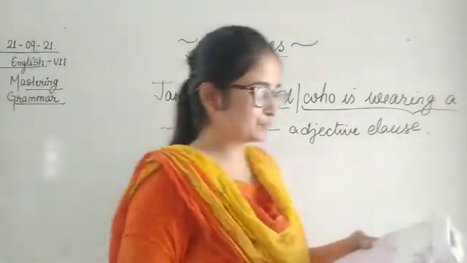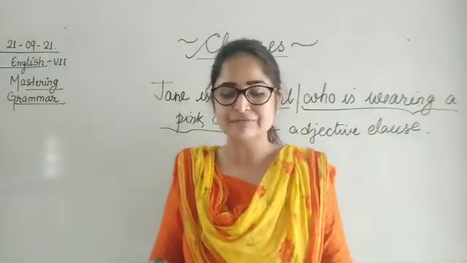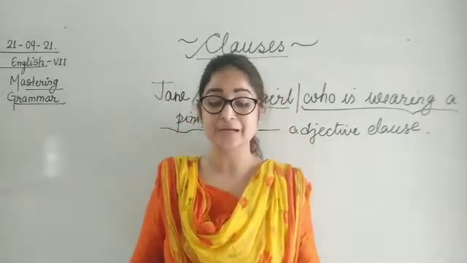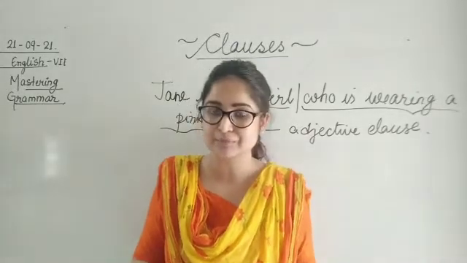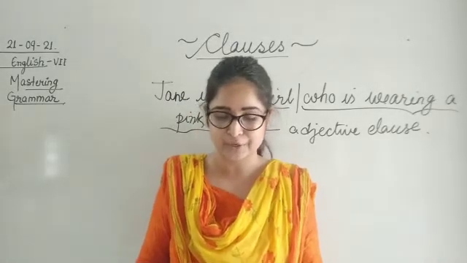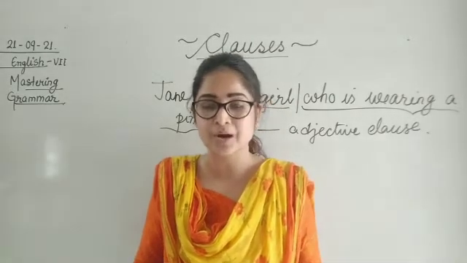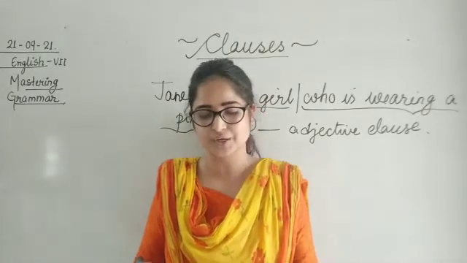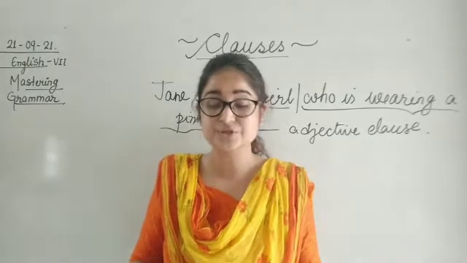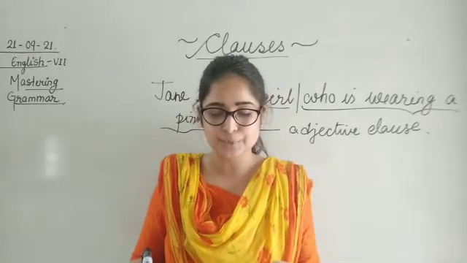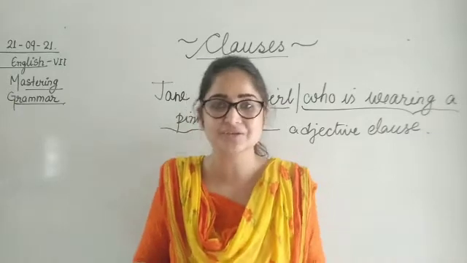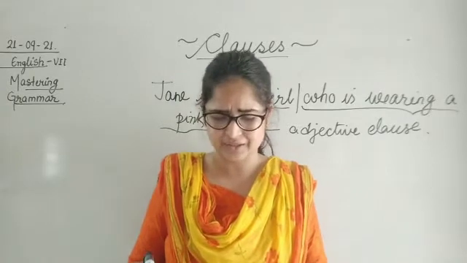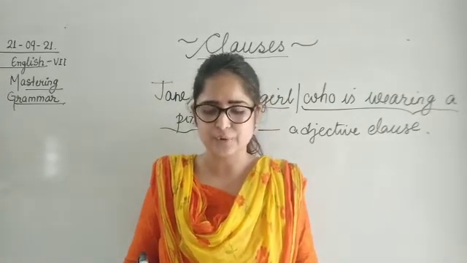Now, see here, an adjective clause performs the function of an adjective and describes a noun or a pronoun. It is introduced by a relative pronoun. We have already learnt about relative pronouns: that, who, which, what, where. Then the words who and whom are used for living beings, right? Living things. The boy who is wearing a red shirt is John. The word which is used for non-living things. The book which Sohan gave me, so book is non-living, so we are going to use the word which. The word that is used for both non-living and living things. The pen that I lost was found by Jeet.